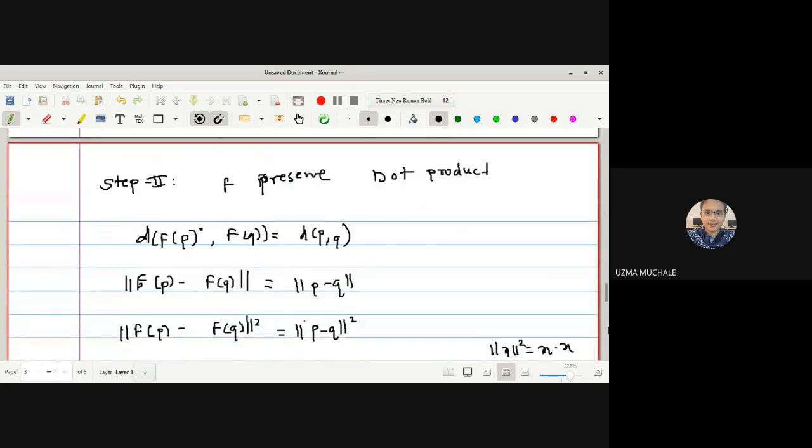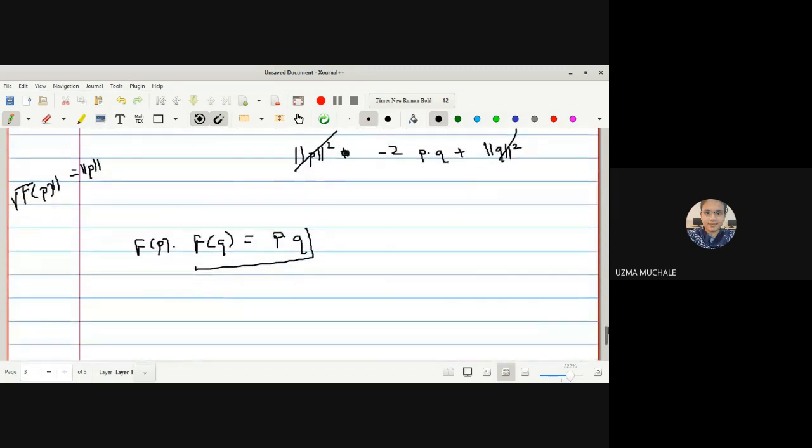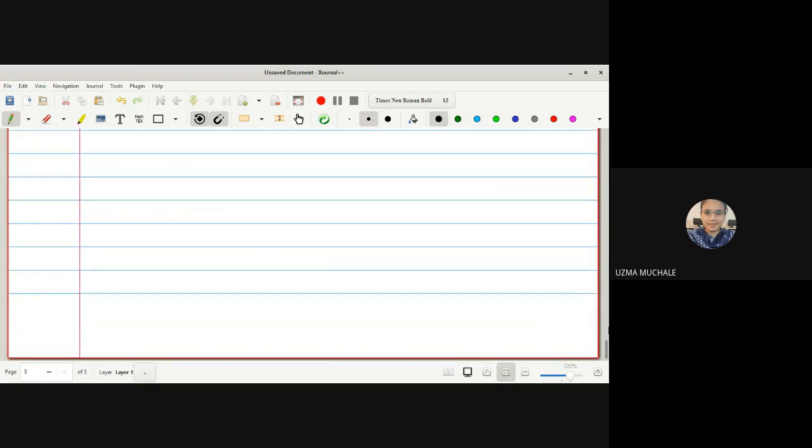Okay, we made use of step first, and in step 2 we have proved step 2 also. What remains to prove now is that F is linear. Third, we have to prove that F is a linear transformation. We can do this with the help of F of AP plus BQ is equal to A FP plus B FQ, for all points P and Q belonging to E3. What are A and B? These are real numbers.